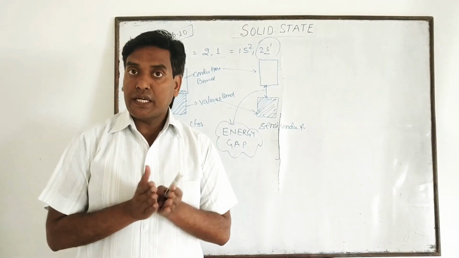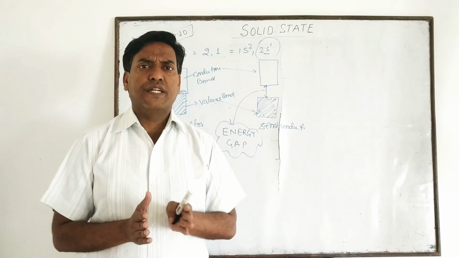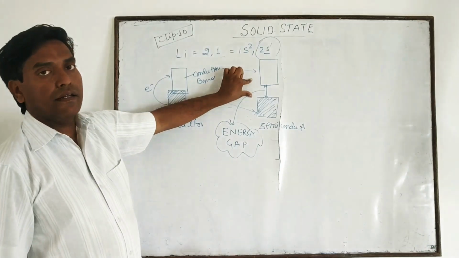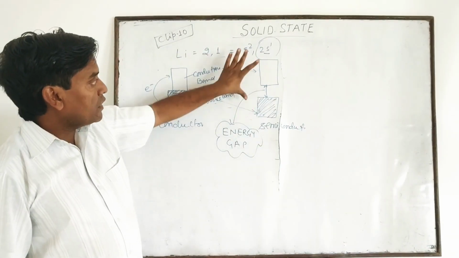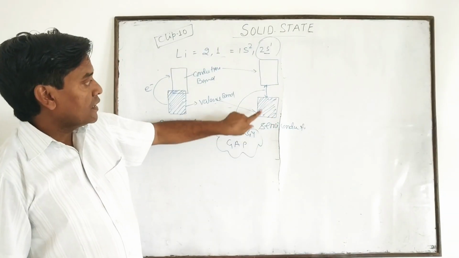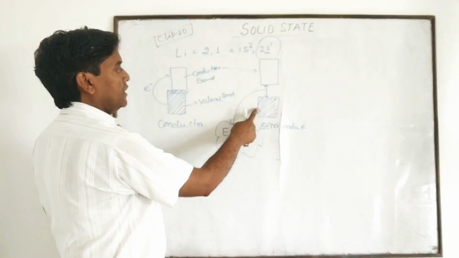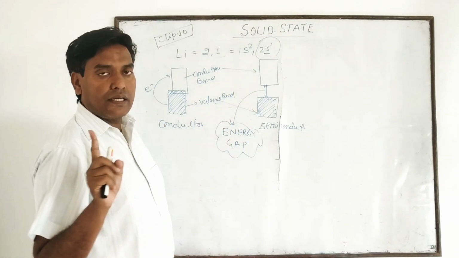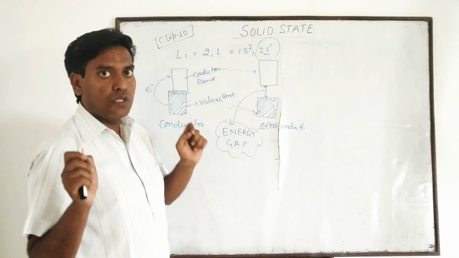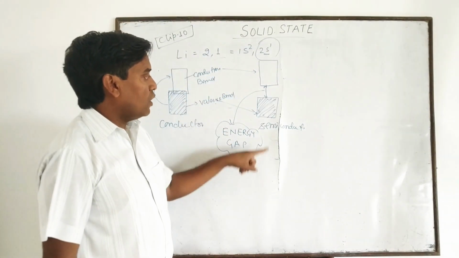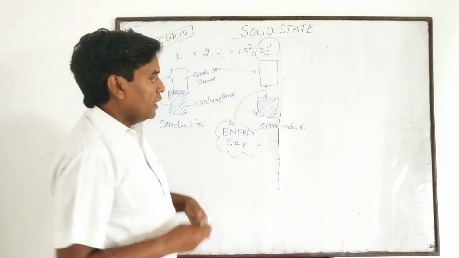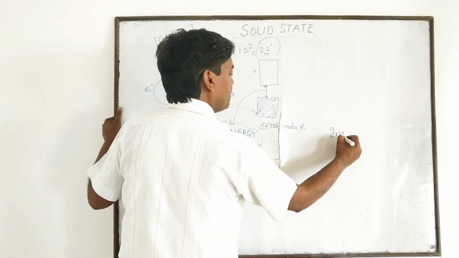energy gap. So in case of a conductor, there is no energy gap. It is very close to each other. But in case of a semiconductor, there is a certain energy gap. Now, when this piece of metal or substance is joined with a source of electricity, then the electrons jump from this valence band to the conduction band and conduct the electricity. Clear? When these semiconductors are joined with a source of electricity, then electrons jump from the valence band to the conduction band and conduct the electricity. But in case of an insulator,